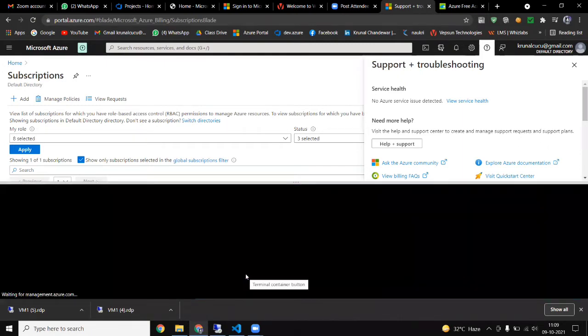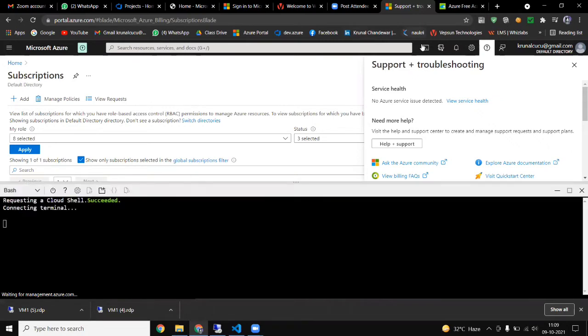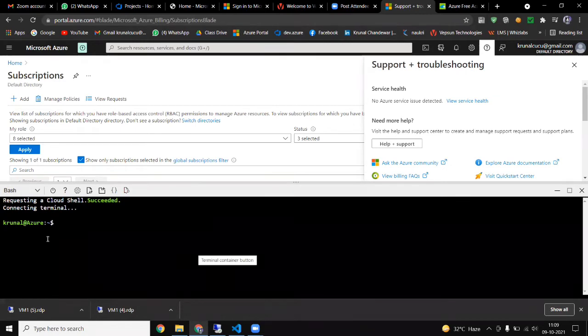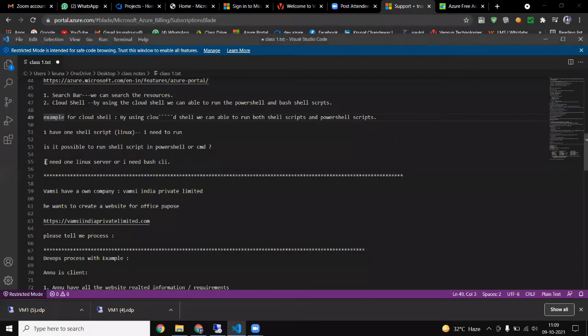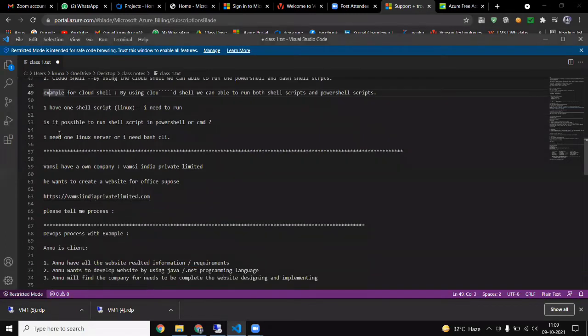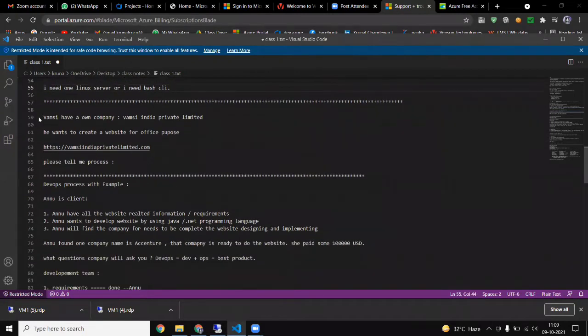In Windows, we are running commands of Linux. For that, you need an operating system. But this cloud shell provides you a feature to execute your Linux commands, which we call a shell script. We can run it in this cloud shell only. This feature we are getting here. Otherwise I need one Linux server, as I told you, but we can do it with cloud shell only.